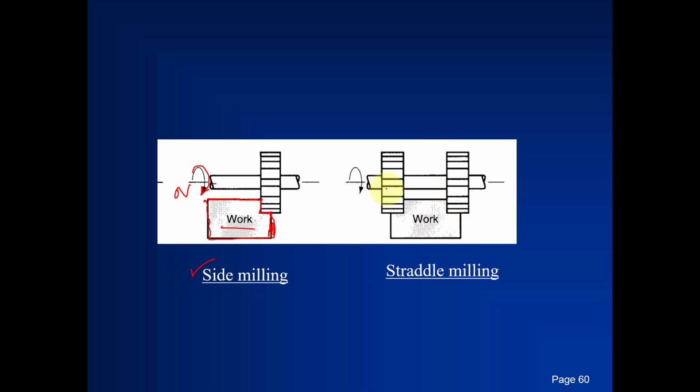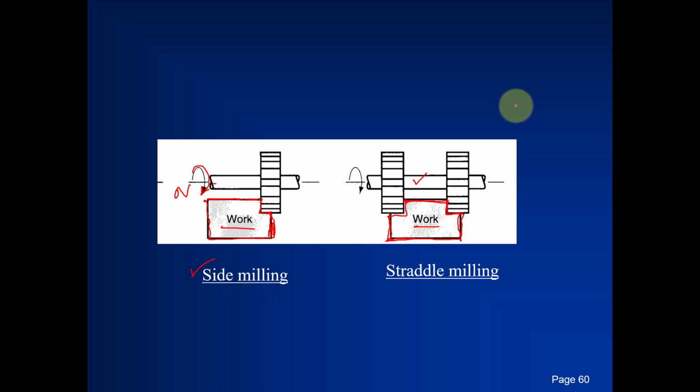Now straddle milling. You can see this is again a side milling operation, but now this shaft contains two milling cutters at the two ends. If you pass this workpiece through this rotating cutting tool, you will get the workpiece like that shown by the red lines. So this is the type of straddle milling. If you have any question about the types of peripheral milling, you can ask now. Any question? No, sir. Okay.